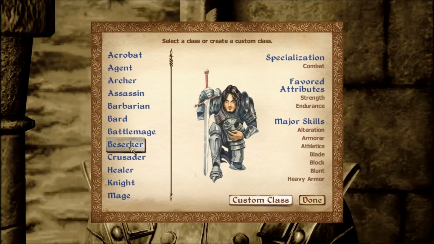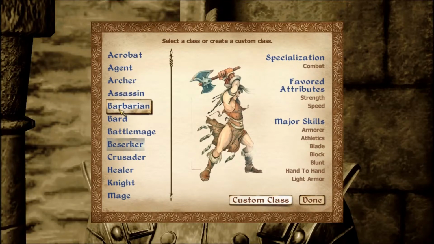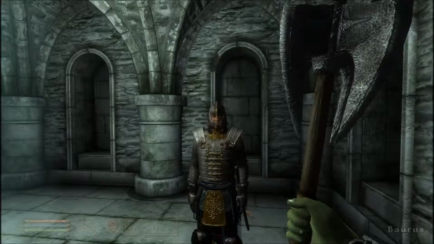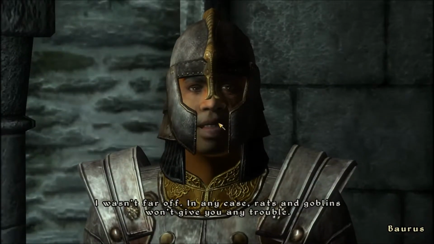Yep, so there you go, Berserker. At least I actually got a good art style, or it generates the art style depending on what your major skills and your favourite attributes are, and I ended up getting the Knight one anyway. I wasn't far off. In any case, rats and goblins...